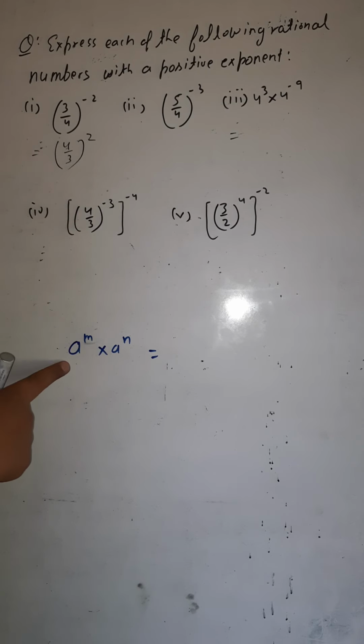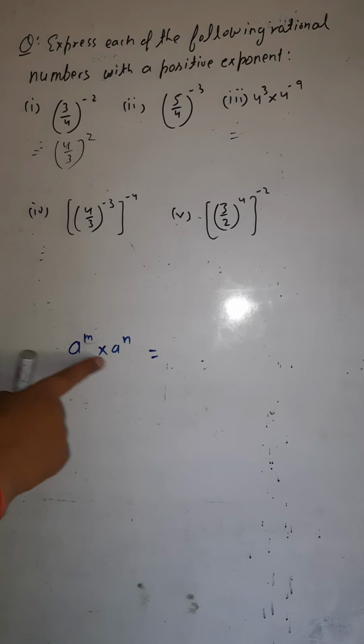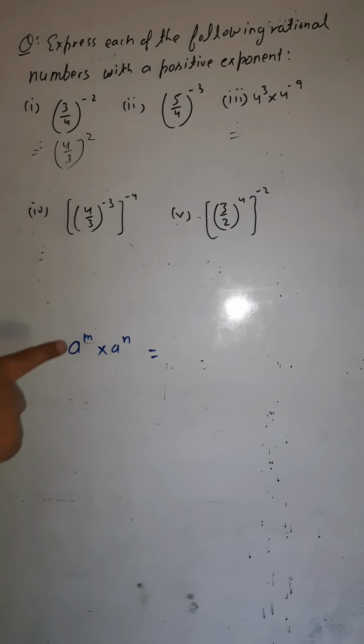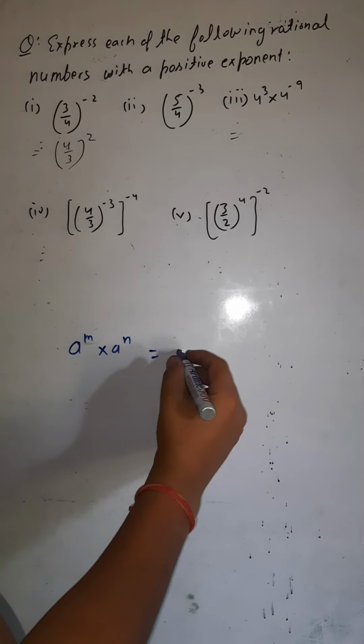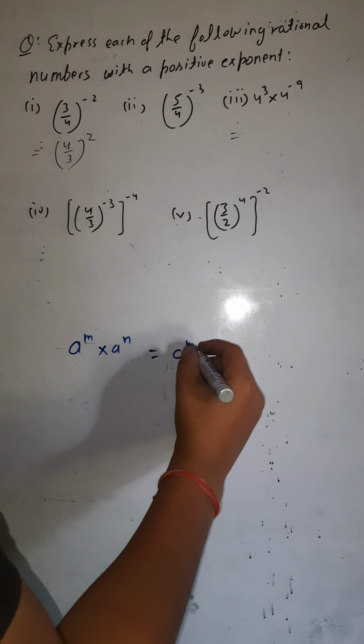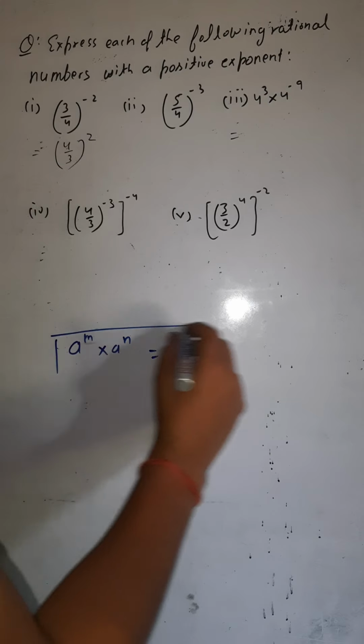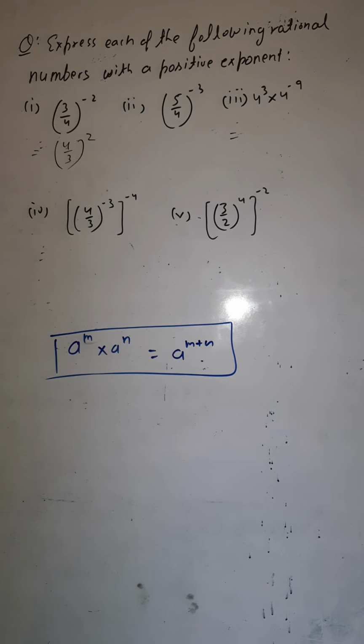Okay. So what is the base here? a, and power m. And what is the base here? It is again a and power is m. Now remember, if the base is the same, what have I said? If the base is the same, then the powers are going to be added. So you would write it like that: a raised to the power m plus n. This is the formula which you have to remember. Powers are going to be added when the base is the same. Remember, the base should be the same.